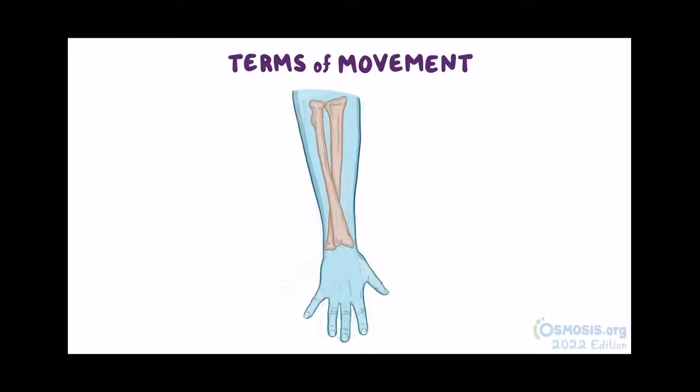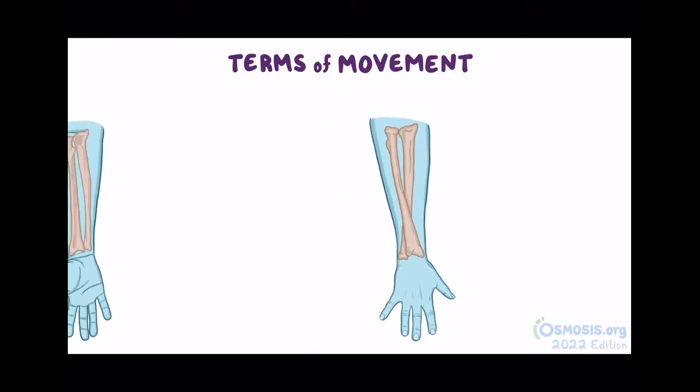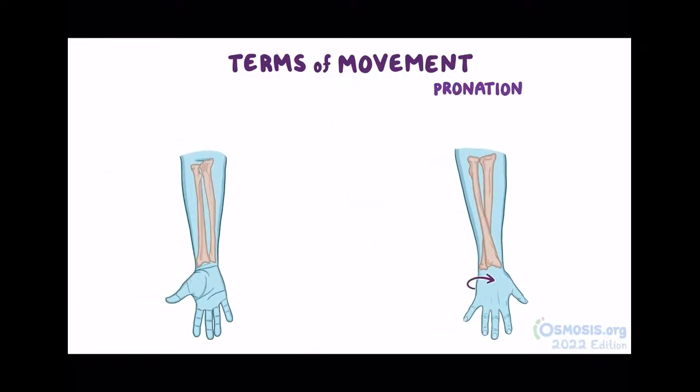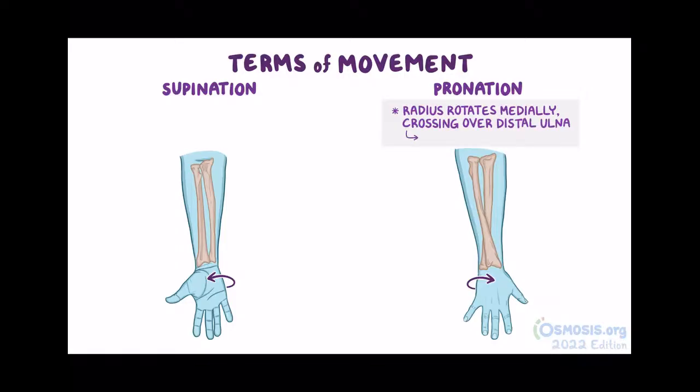Rotational movements of the forearm and hand are due to the medial and lateral rotation of the distal radius, the lateral bone in the forearm, over the anterior aspect of the ulna, the medial bone of the forearm. These movements are specifically called pronation and supination. During pronation, the radius rotates medially, crossing over the distal ulna so that the palm of the hand faces posteriorly. Supination is the opposite movement, where the radius rotates laterally, uncrossing the distal ulna, so the palm of the hand